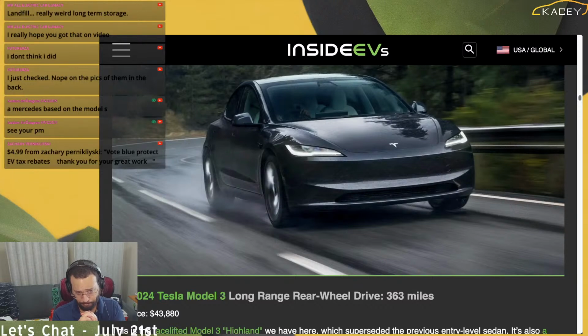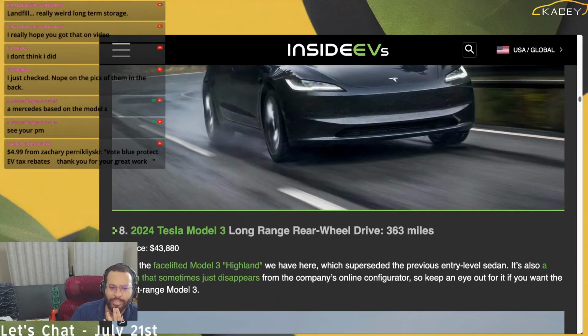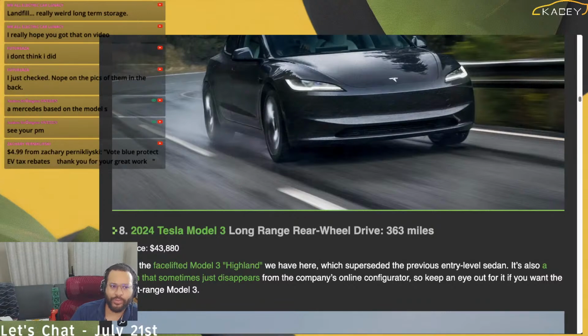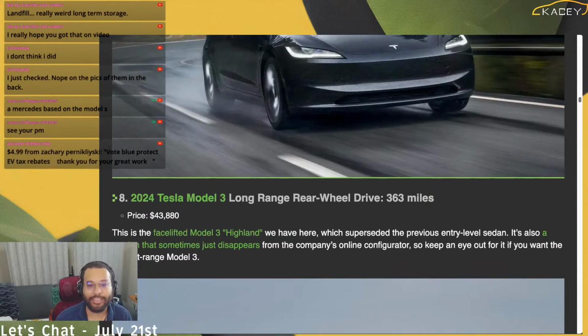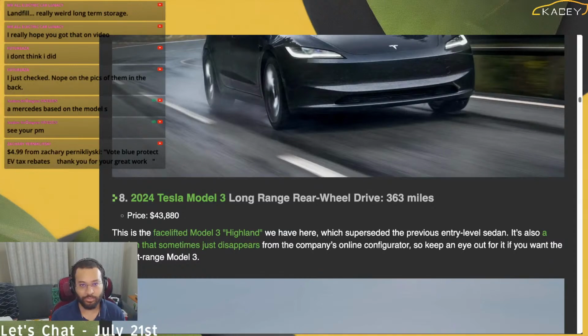We told you about where it's back, 363 miles. Did we talk about it last week, or did we talk about it on the Tesla Life show? One or the other. Either way, it's back. And now that it's in Highland trim, it now gets 363 miles of charge instead of the 310 or 325, depending on what yours ever said on the screen.